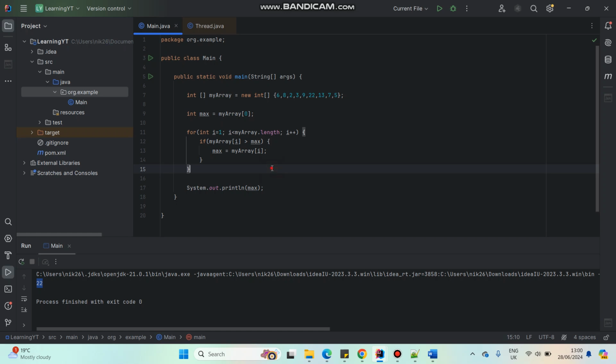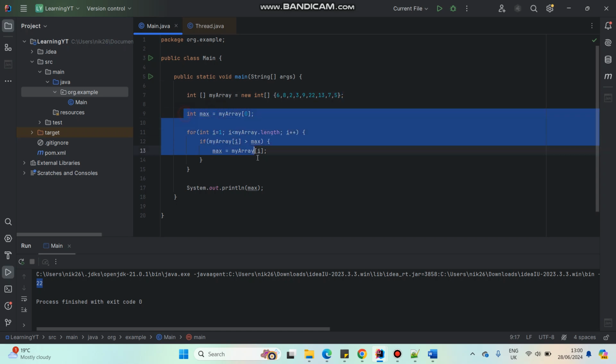So let's say in some case they may ask you to find the sum of the elements of the array. That means the total cumulative sum of all the elements of the array. That means 6 plus 8 plus 2 plus 3 plus 9 plus 22 plus 13 plus 7 plus 5. So how to find it? So we will remove all these things,